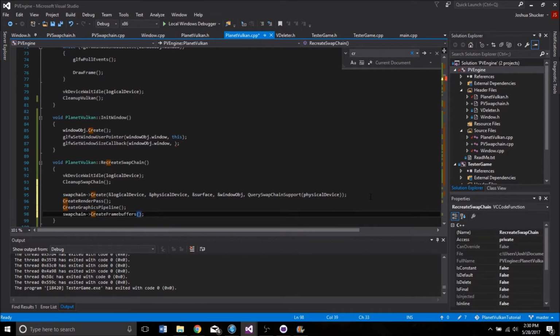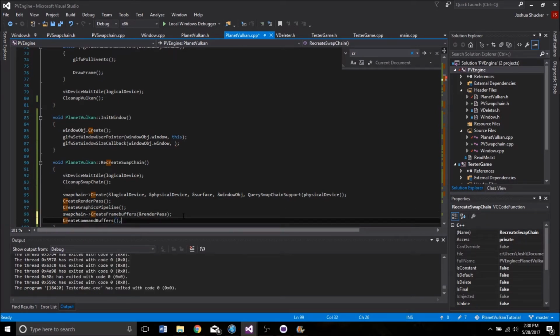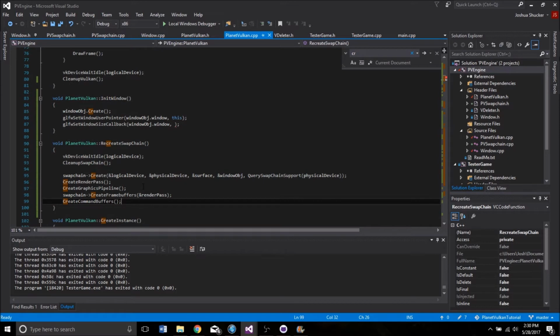and what do we need for that? It was a reference to the logical device and the reference to the render pass. And oh, no, it doesn't like that. Sorry, we didn't need the logical device. That's stored. Just the render pass. And then we need to call create command buffers. And that should be everything we need to rebuild our swap chain with the proper dimensions. So now we hop back over here,